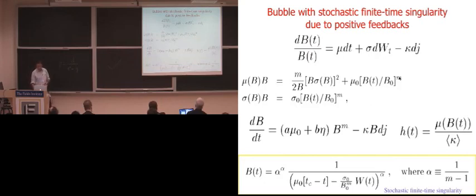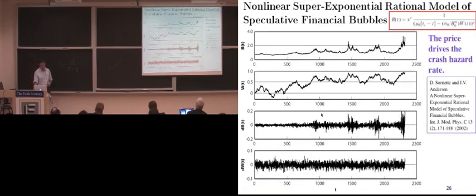So it's interesting because now with the crash hazard rate, with the jump processes, we can calculate the crash hazard rate from the jump process, and if we impose a kind of arbitrage condition, then we also have an equation for the crash hazard rate, which is linked by this equation as proportional to the rate of return mu, which can be calculated from the B, and you find that the crash hazard rate actually diverges faster, as can be seen here in these simulations of this process to illustrate what is going on,